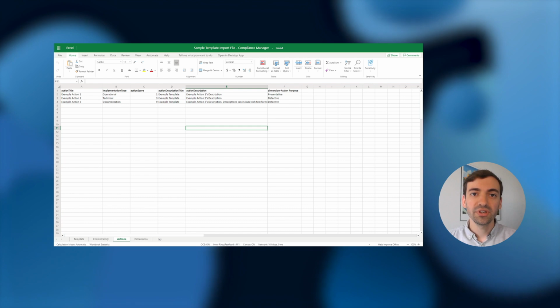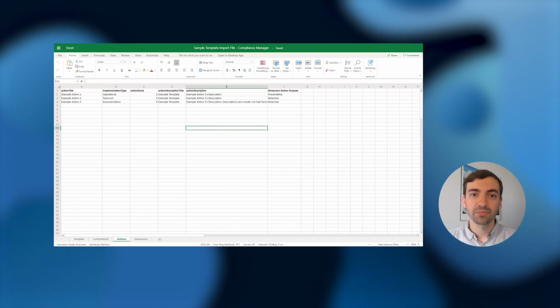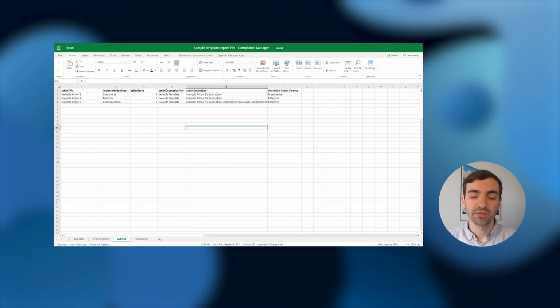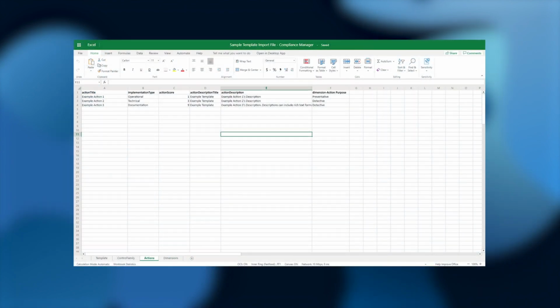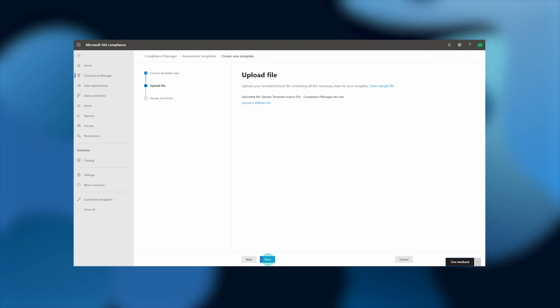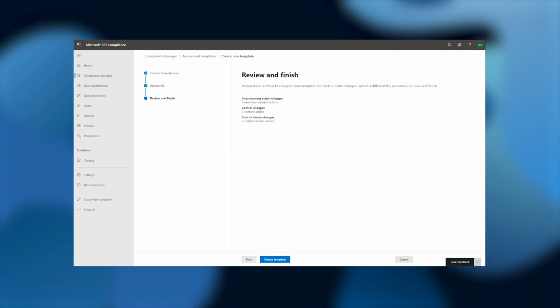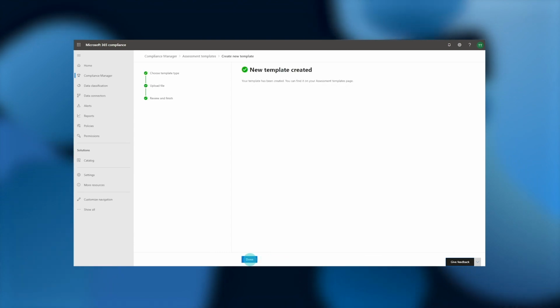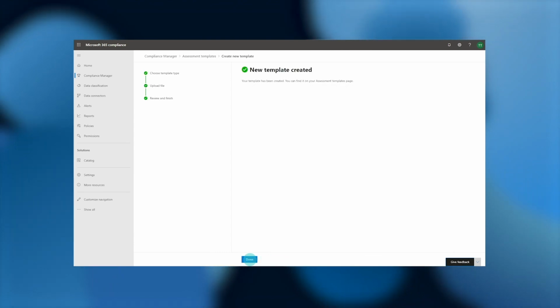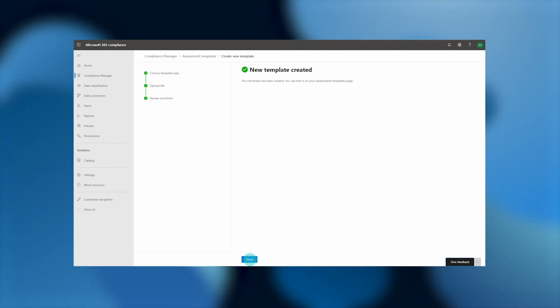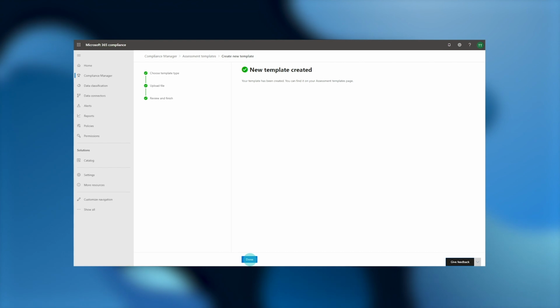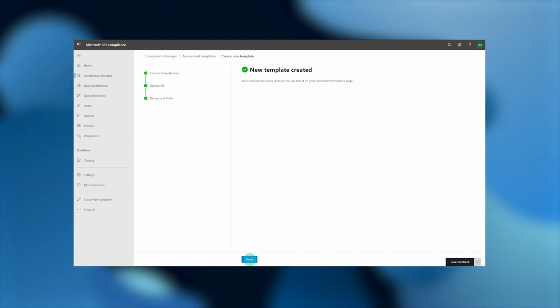You just have to include its title in the action mapping column for any controls that you want it to be related to. Once we've finished with this Excel file and imported it, we'll receive confirmation that the file is valid, as well as a summary of the items we're about to import. In case you made a mistake, Compliance Manager will provide any applicable error messages, as well as a copy of your Excel file with inline highlighting and error details to help you quickly resolve any issues.